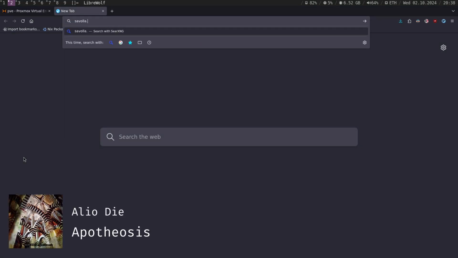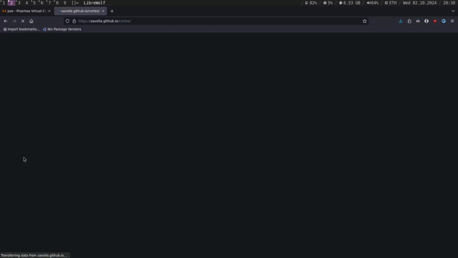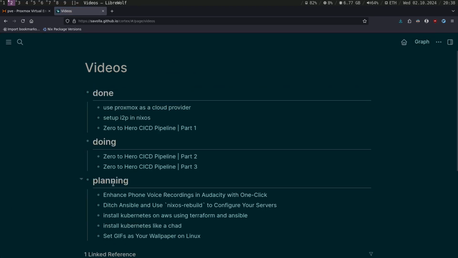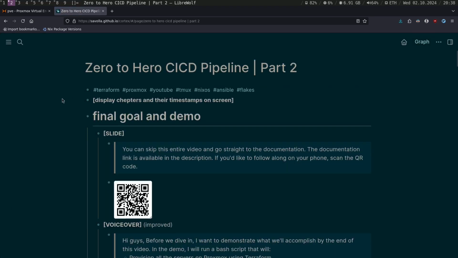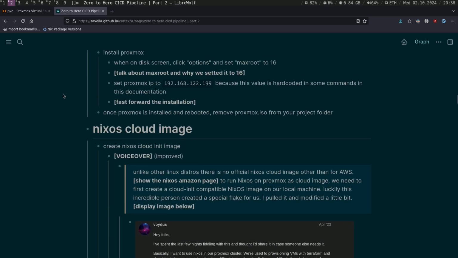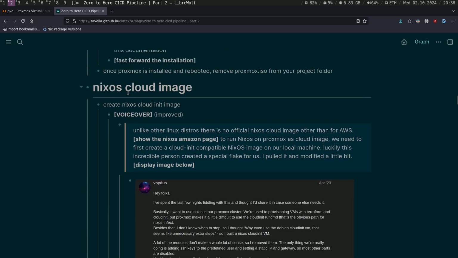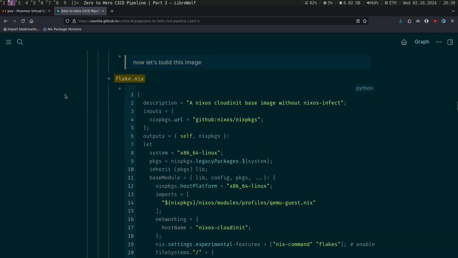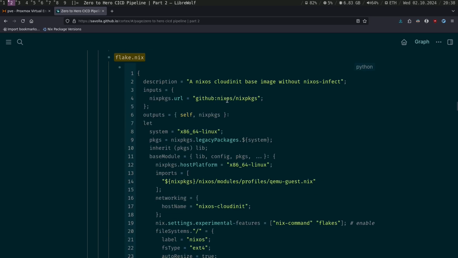Go to my documentation. Yes, this is what we are looking for. So take this flake, just double click, and let me just open this, double click,